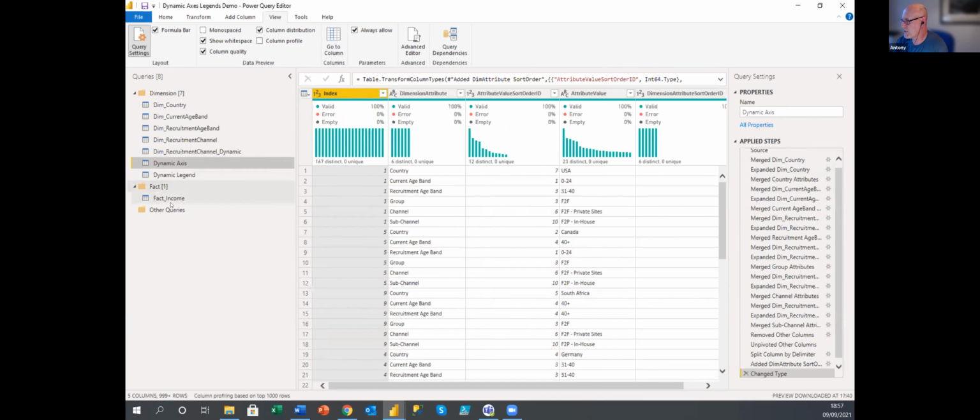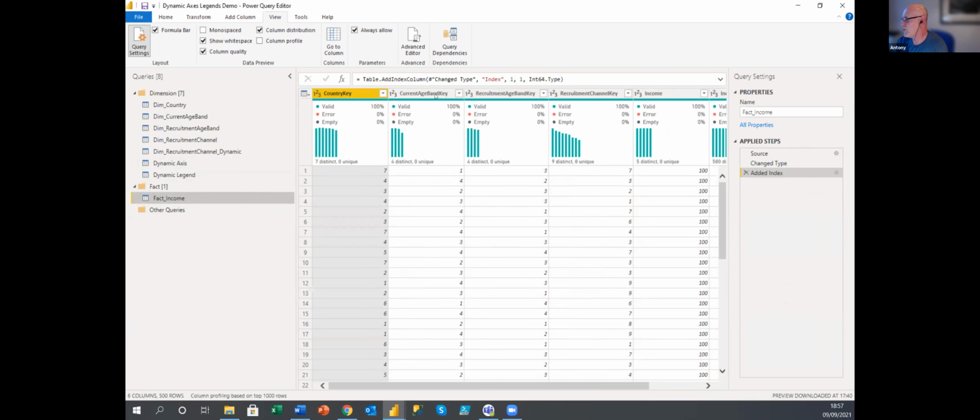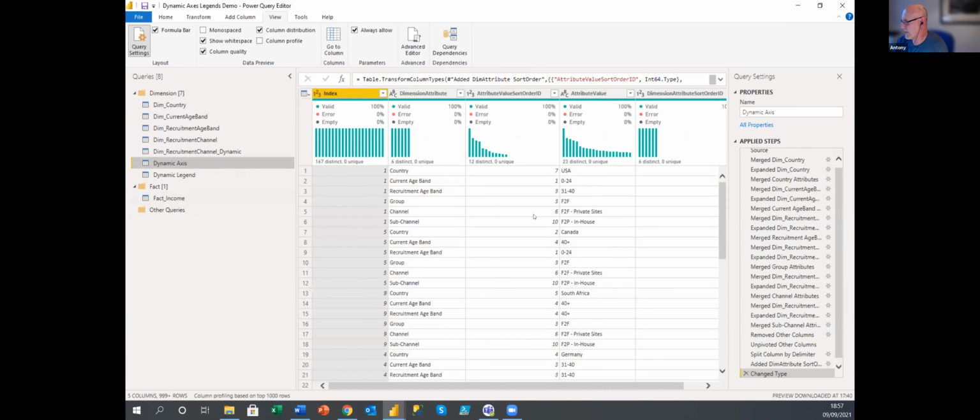In my instance, my fact table, I'm using numeric keys. So what I ended up having to do was, obviously having a 1 or a 2 or 3 in a slicer doesn't really make any sense to people. So I wanted to bring in all the text descriptors from the different dimension tables, which you're sort of thinking, well, I may as well just put the text descriptors in the fact table. So what I had to do was merge the different dimensions into